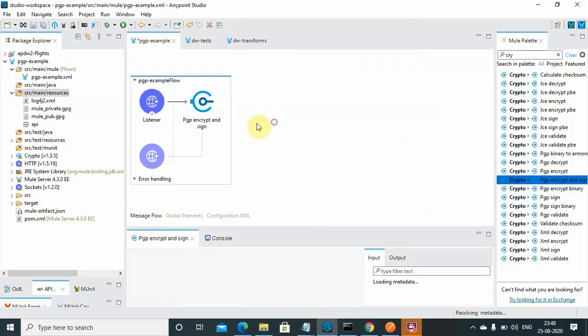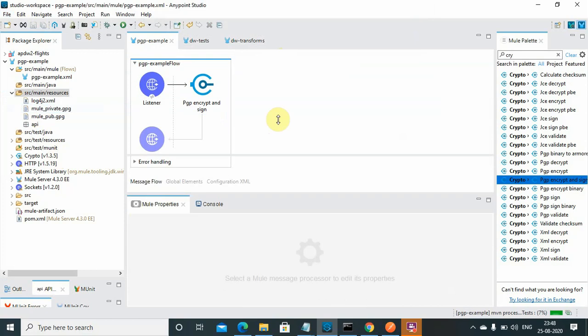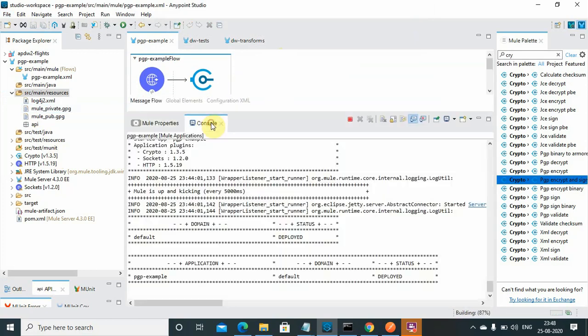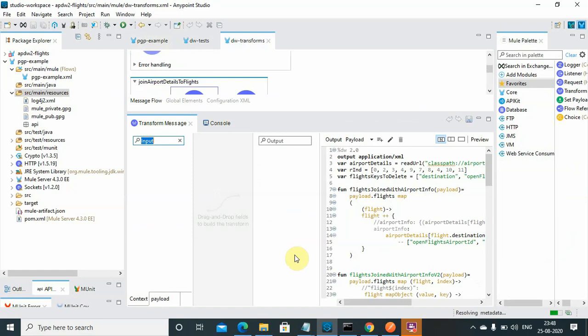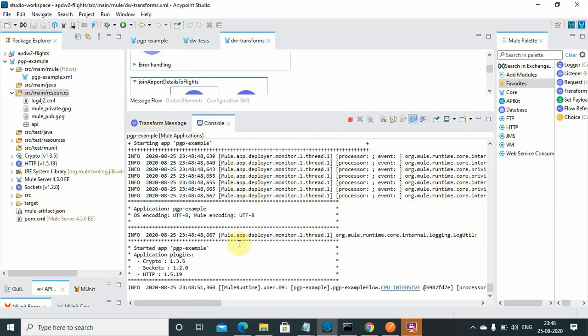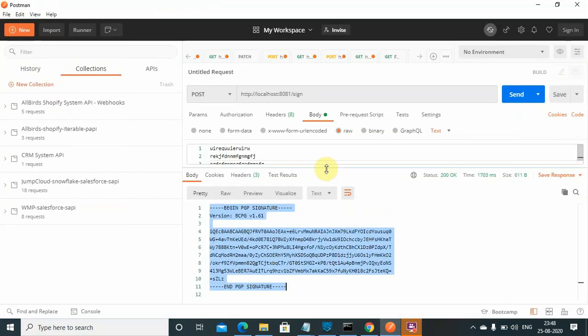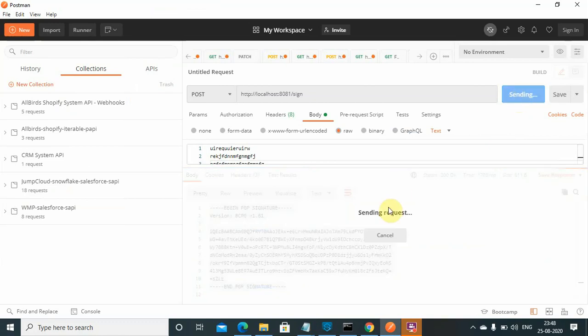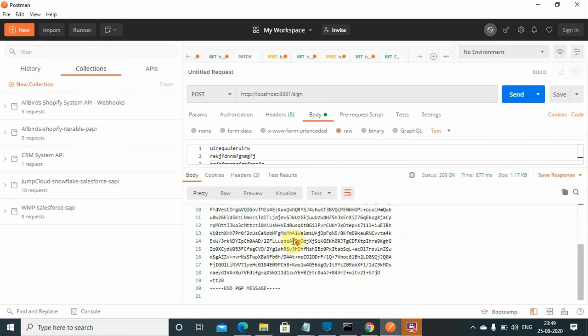Go to the message flow and just say File, Save All. Once you say save all, in the console it will try to redeploy the application. Okay, you can see my application has been successfully deployed. Let me go to Postman and I will say send. You can see this time a BEGIN PGP MESSAGE, and the message has been encrypted as well as